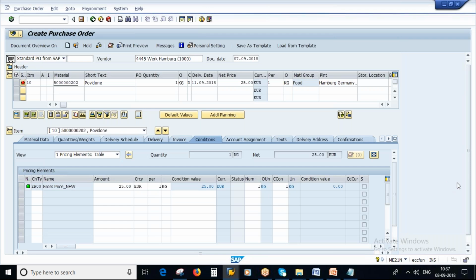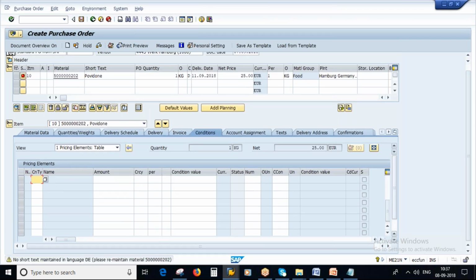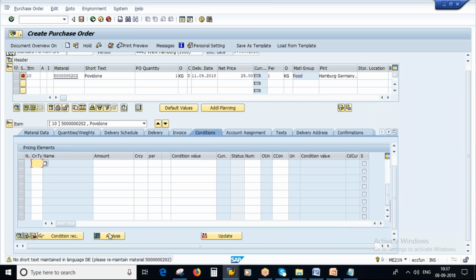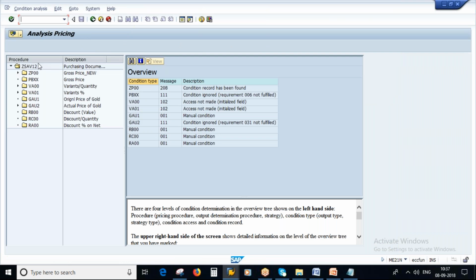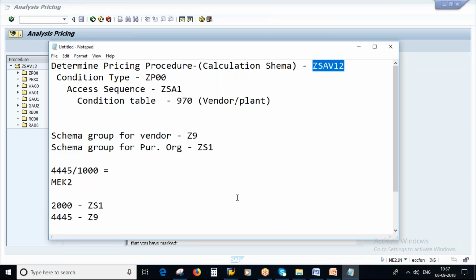And if you scroll down here, if you click on the button analysis, see, the pricing procedure is this one, ZSAV1. So whatever configuration we have done is working fine. So this is all about your